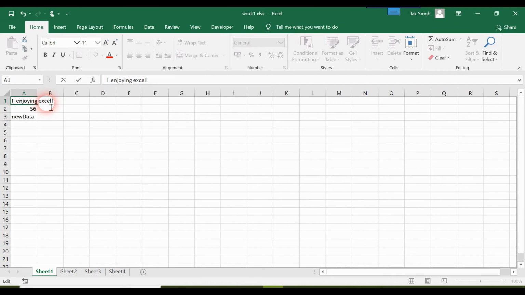Now I will always enjoy Excel. Now once you have edited your data, I want you to press Enter. Now you can clearly observe that the data has been edited.